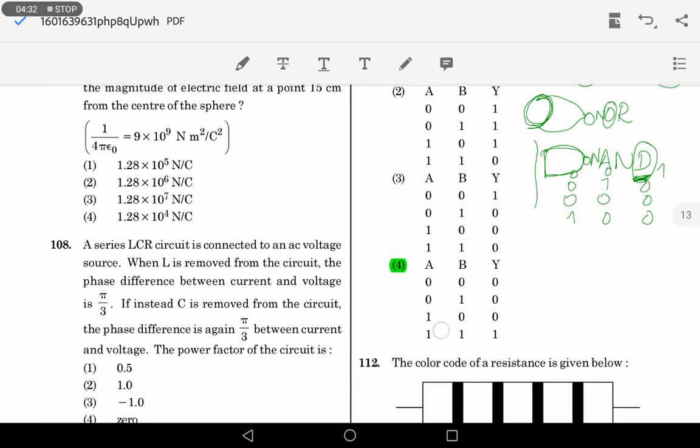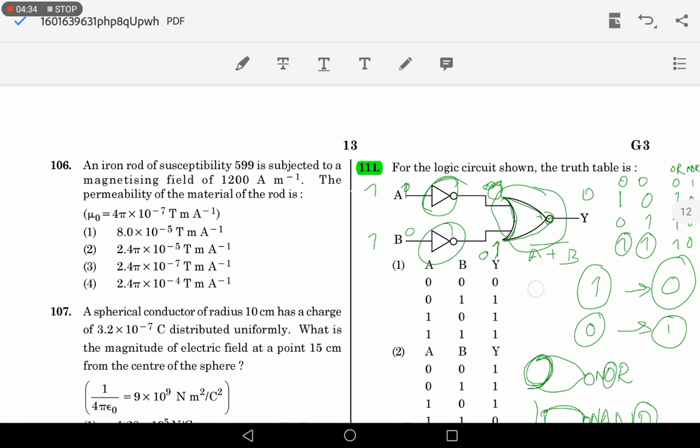So the output is 0 0 0 1. You could also find the answer by using the formulas that we generally study in mathematics or even in physics. We usually indicate the NOT gate as A bar. So A after passing through the NOT gate turns into A bar and B into B bar. For the OR gate we indicate a plus sign. Since it's an OR gate followed by NOR, the expression is A bar plus B bar the whole bar.